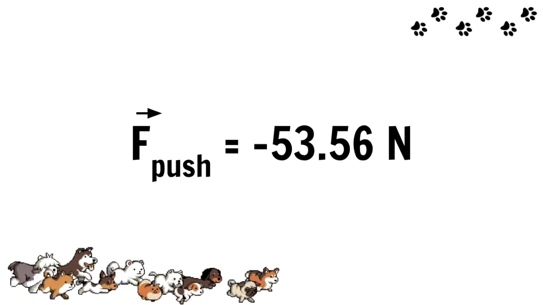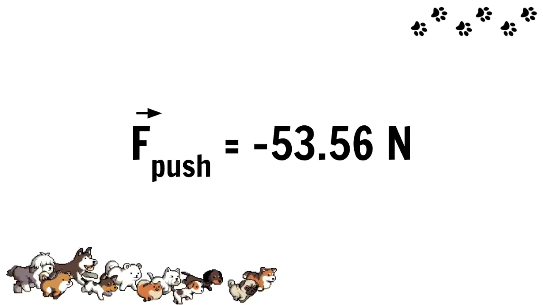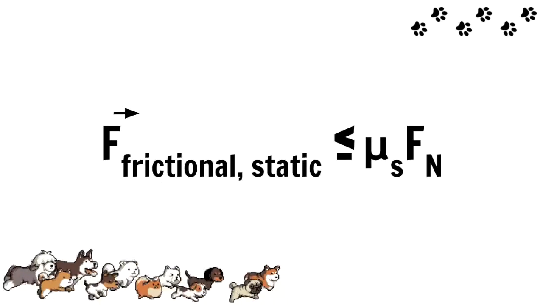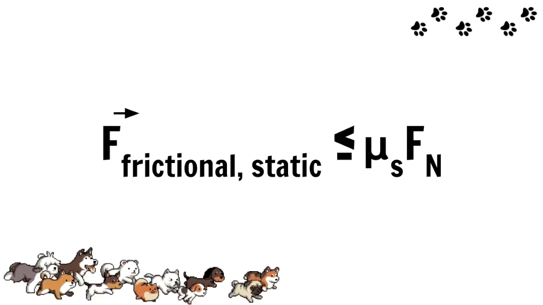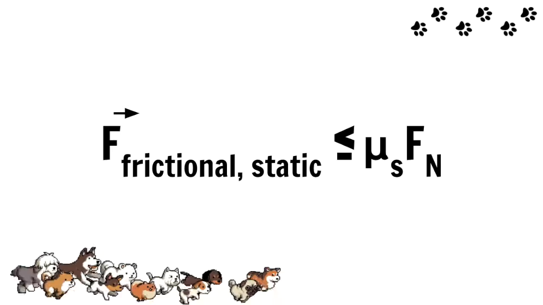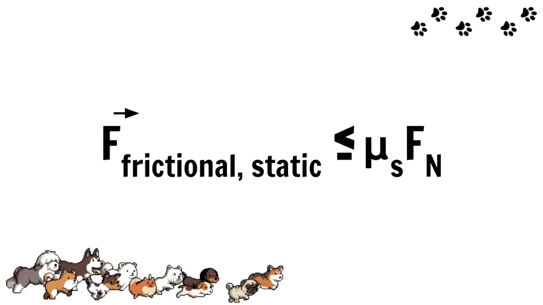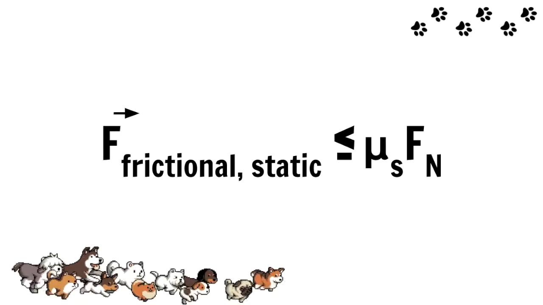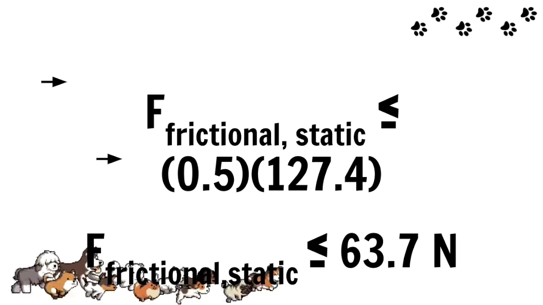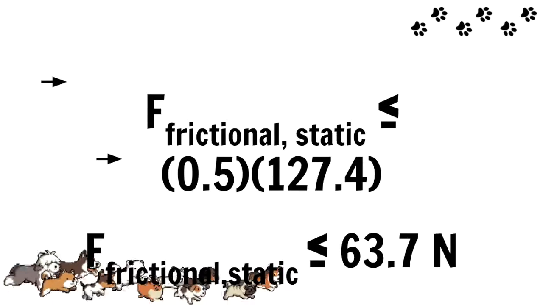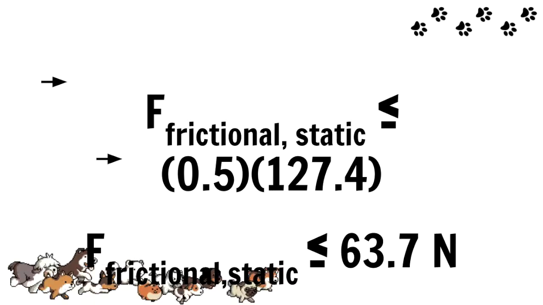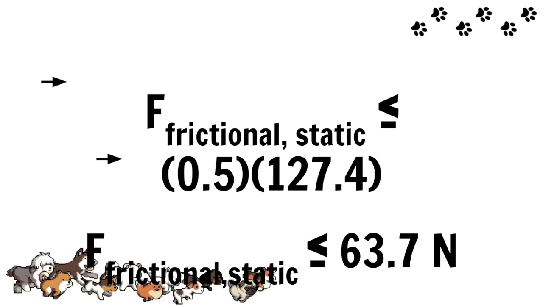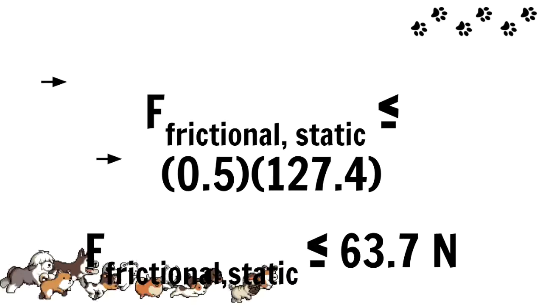But is this force enough to get the corgi plus basket moving in the first place? We check this by finding the maximum static frictional force, which shows the threshold needed to move an object. So, we set up the equation here, which is similar to what we did for the kinetic frictional force. We sub in our knowns, and we find that the maximum static force to hold the corgi plus basket in place is 63.7 newtons, so we need negative 63.7 newtons or more to push the corgi plus basket in the